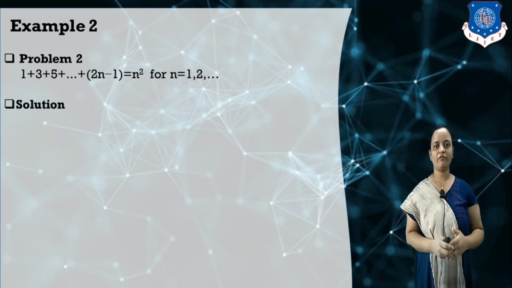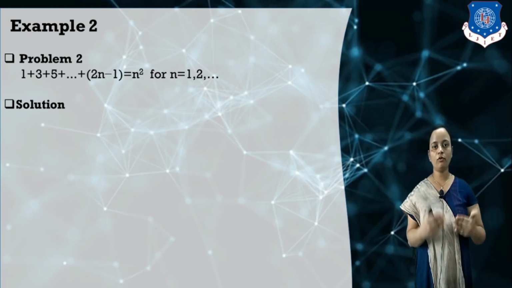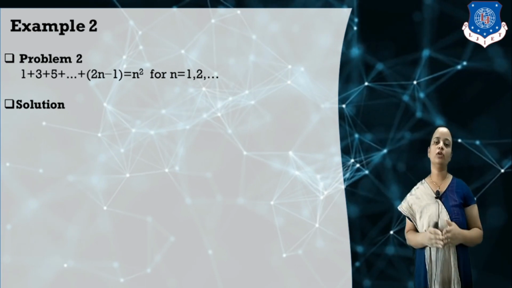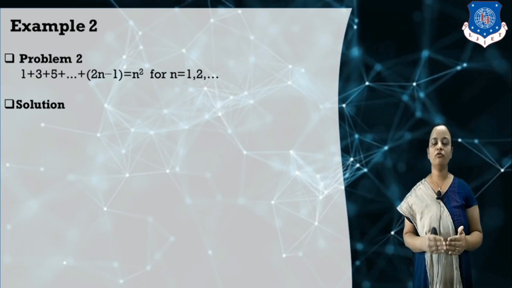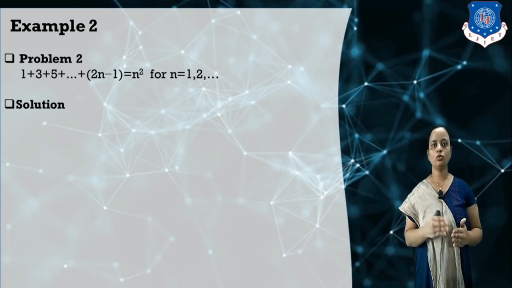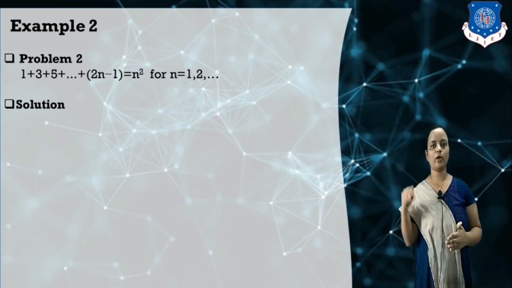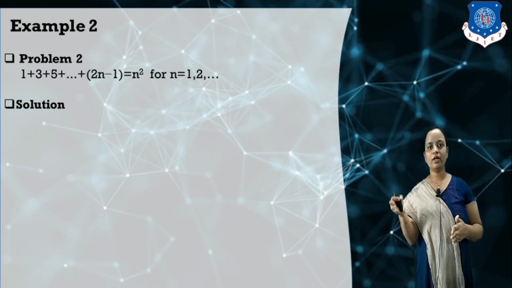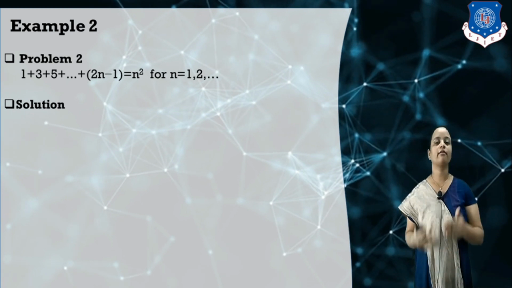In the first step, we use the initial value of n and prove the statement is true. How are we going to prove it? We check whether LHS is equal to the RHS value. For the LHS, we replace n by the initial value 1. So 2n minus 1, with n equal to 1, gives 2 minus 1, which is 1. Now the RHS value is n square, so in place of n, if I put 1, 1 square is equal to 1. So 1 equals 1, LHS equals RHS. So we can say that this statement is true for n equal to 1.